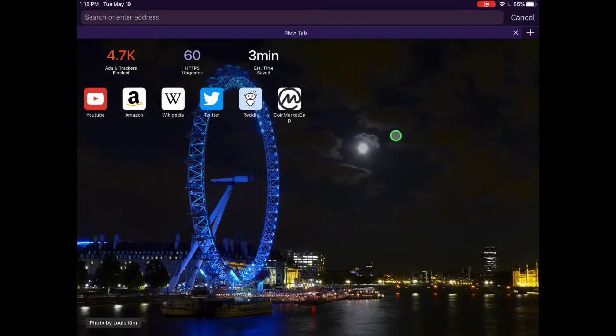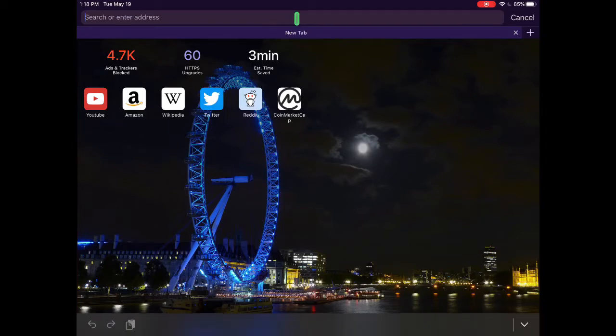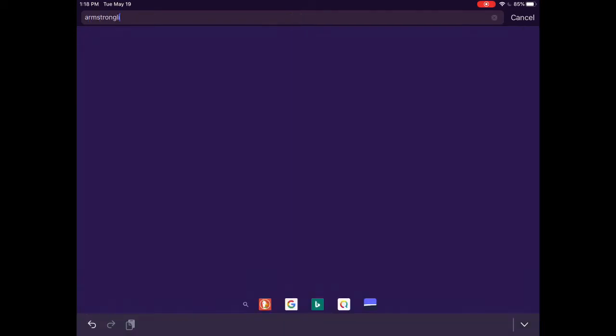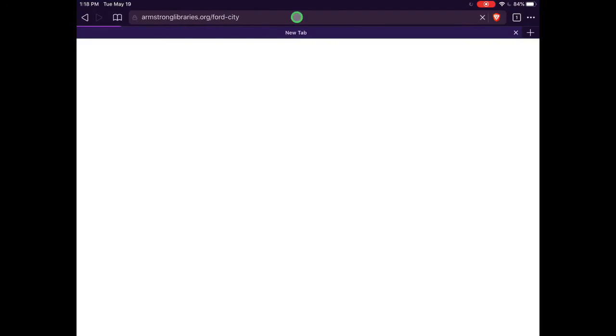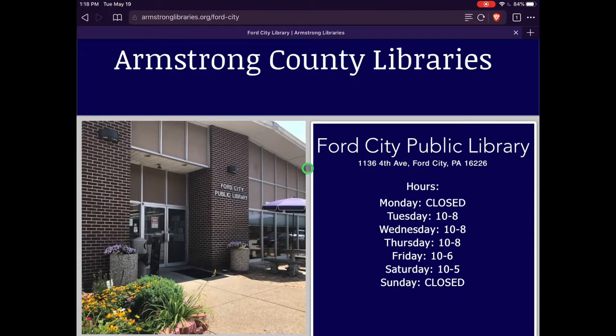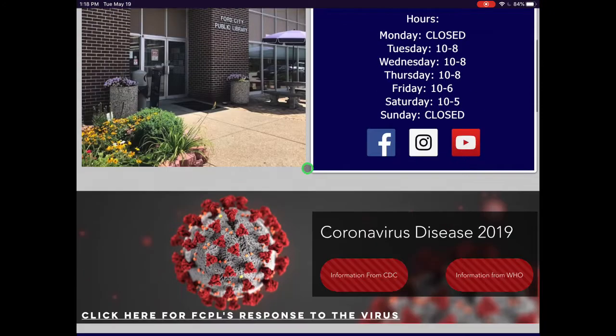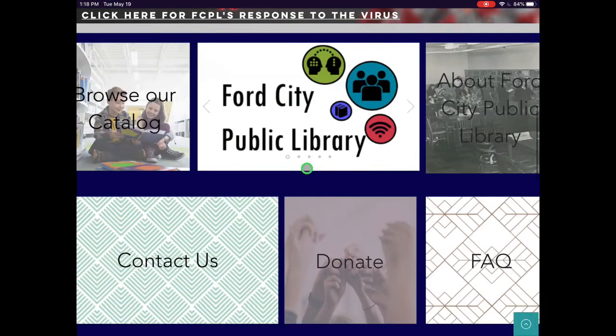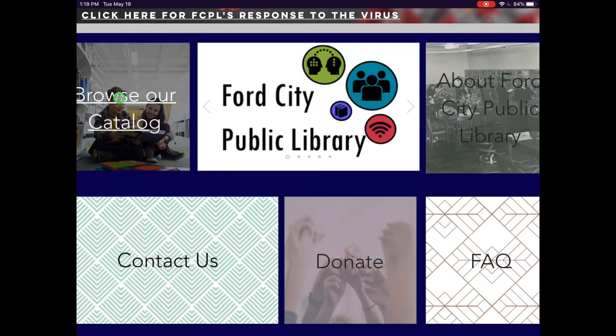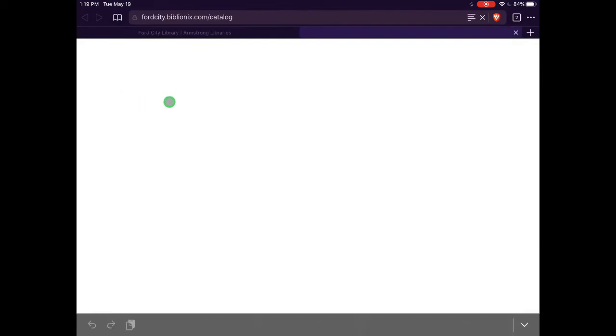Hi everyone, I'm going to show you how to use our online catalog and access your online library account. To do this, you will need to go to our website, armstronglibraries.org/forward-city. Once there, if you scroll down to where you see Browse Our Catalog, that'll bring you to our online catalog,